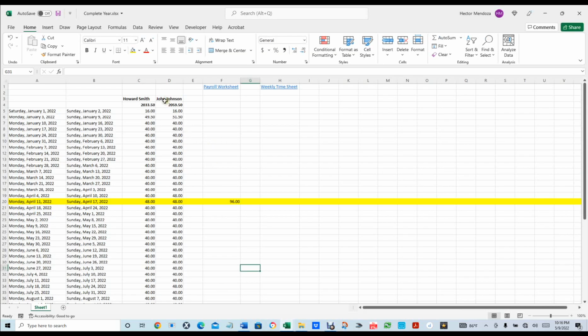All I did was create two of them because this kind of data does take a little bit of time. Not that much, but I didn't have an extra 45 minutes to complete everybody's name. So what I did was I got Howard Smith and John Johnson, and I could have put everybody's name here,